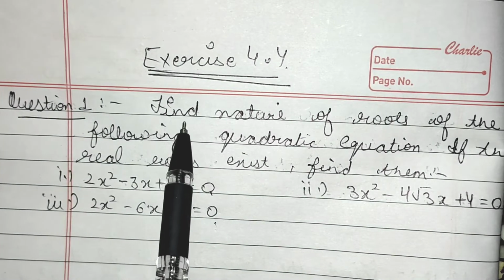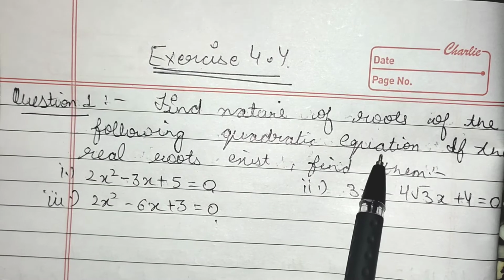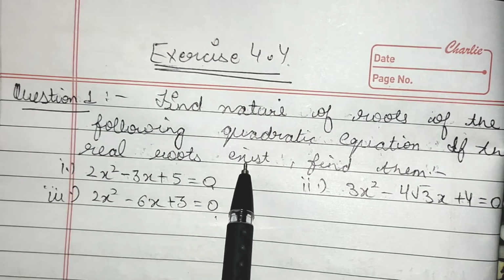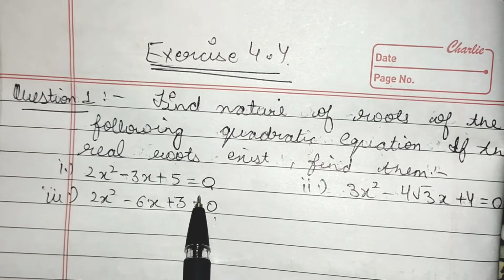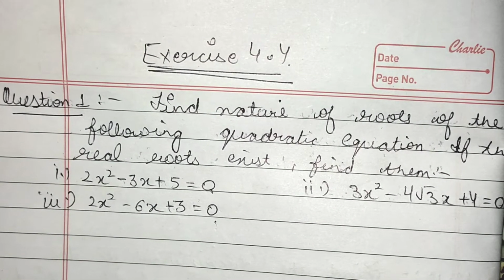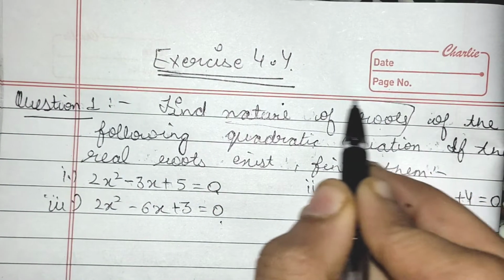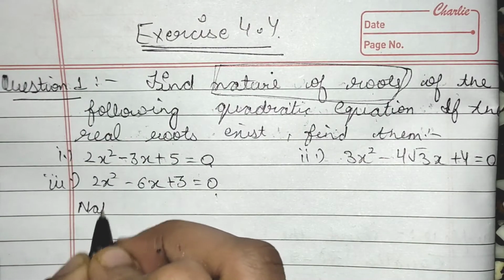The very first question says: find the nature of the roots of the following quadratic equations. If the real roots exist, find them. There are three parts of this first question, and you have to find out the nature of the roots. What does nature of the roots mean? I have told you earlier also that nature means